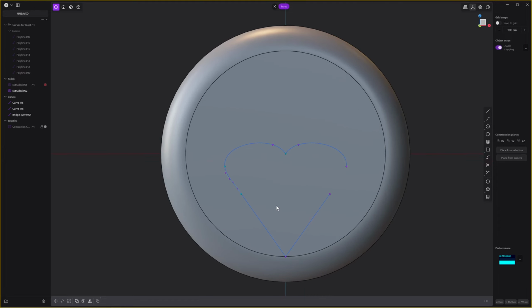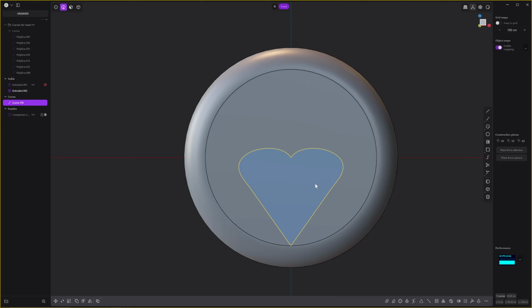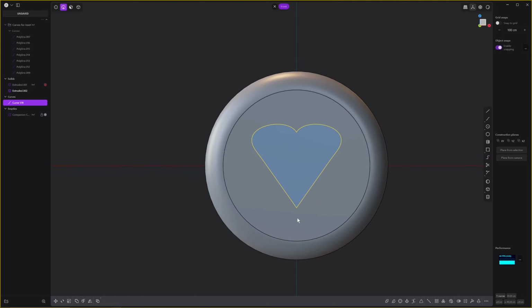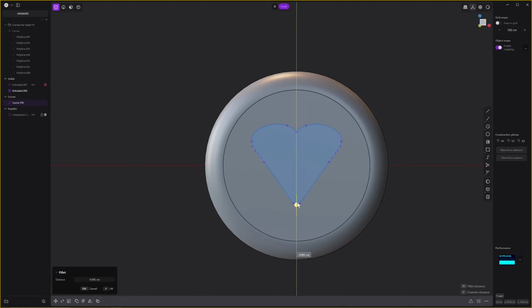Okay. Then what we can do again is we can mirror that onto the other side. And then we can select all of our curves again and join it together. Okay. Then I'm going to drag this. I'm going to press G and G again and hold down Control. And that will bring it to the center. We'll press 1 on this again. And we'll just bevel this part